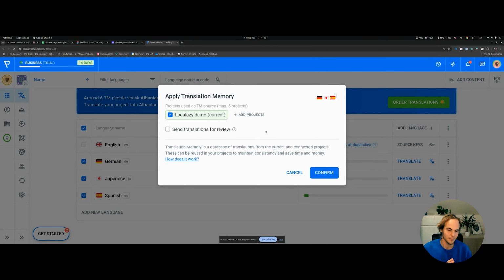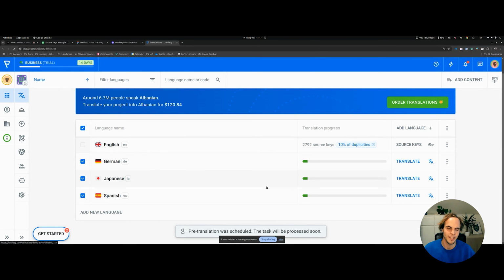And by applying the translation through translation memory, you can reuse previously approved translations to translate duplicated content that is newly uploaded. So